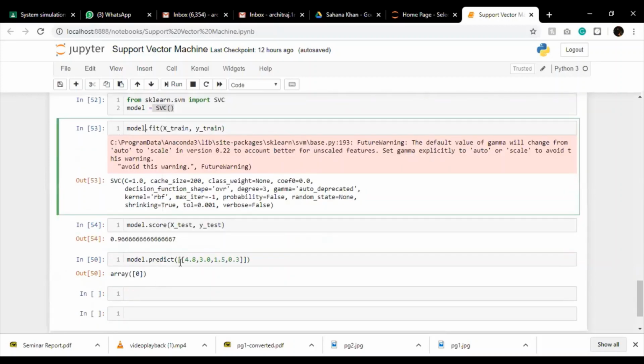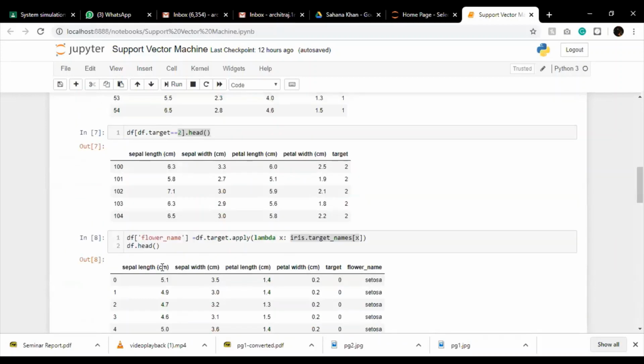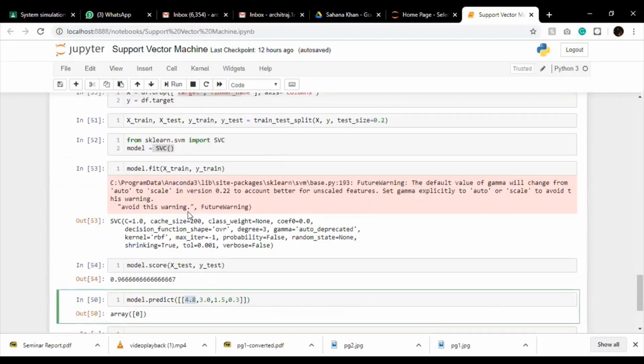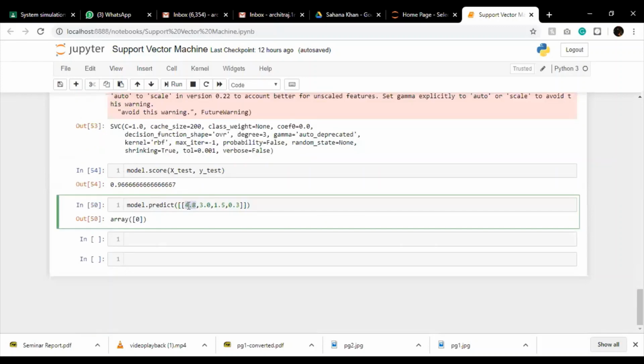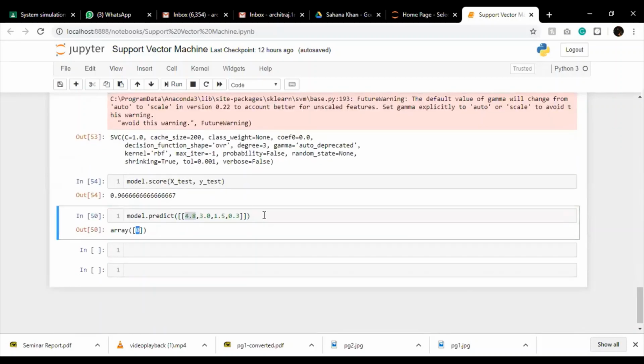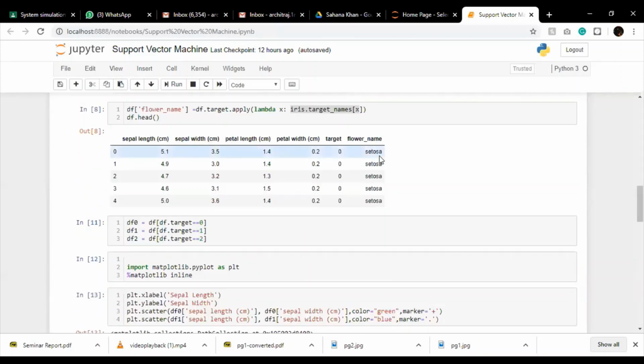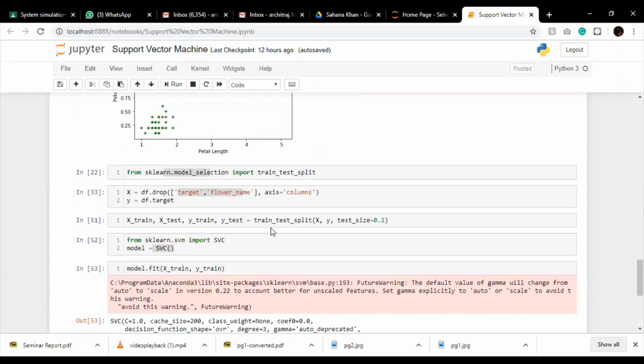Cool. Now we try to put in one data point by ourselves. We provided data: sepal length, sepal width, petal length, petal width, or whatever the range is. We provided our own data, just to guess what would be the classification if we have this particular data. So we give it to the model.predict function. The model predicted that it's going to be 0. It means if this is the data we provided for the machine to guess what type of flower it is, it's going to guess 0. 0 stands for Setosa. So that's how an SVC works in coding